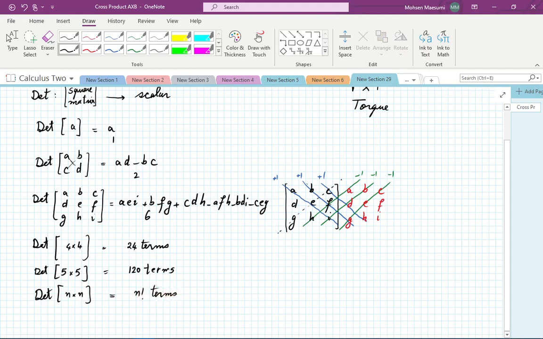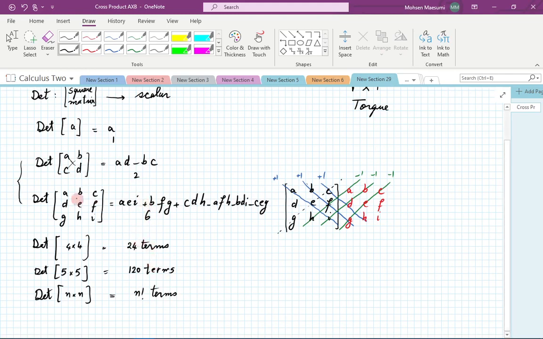All terms are made out of products of entries from the rows and columns. Each product has exactly 1 entry from each row and each column. Half of them come multiplied with plus ones, and the other half multiplied with minus ones. As I said, in reality, we just work with these two, unless you go to your linear algebra class, and then you have more advanced versions of these things. Okay,